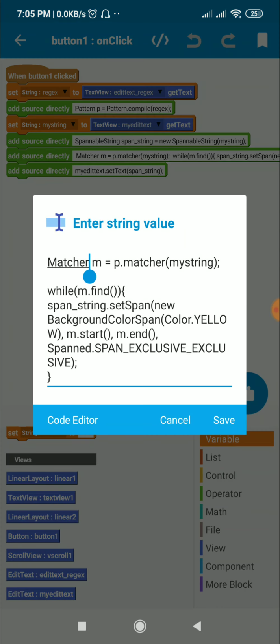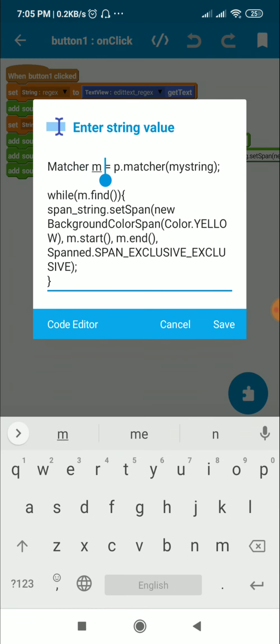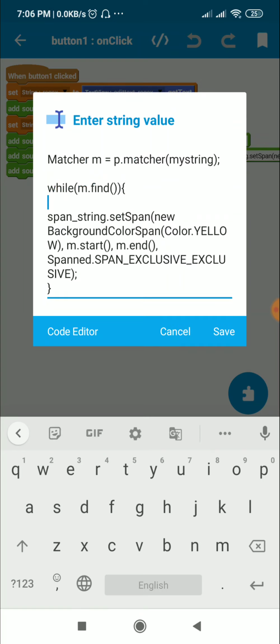After this we define a matcher m. This is equal to p dot matcher my string, so it will match the pattern in my string. And then I have a loop, while m dot find.